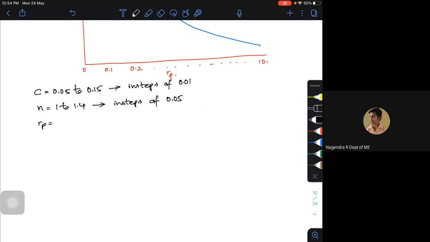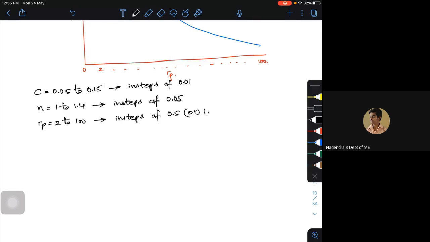And also pressure ratio. Rather than going in steps of 0.1, you won't get it. Let me start with a number 2, that will be better, and go up to a value of 70, 80. Let me go up to 100, that's fine. So RP, you start with a pressure ratio as small as 2 and go up to 100, in steps of either 0.5 or 1, or 2, 2.5, like that.